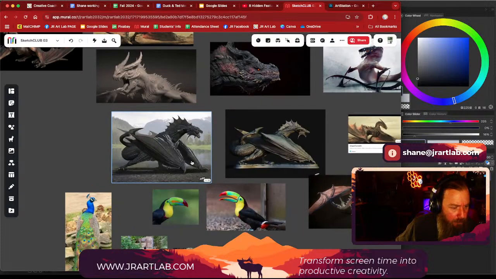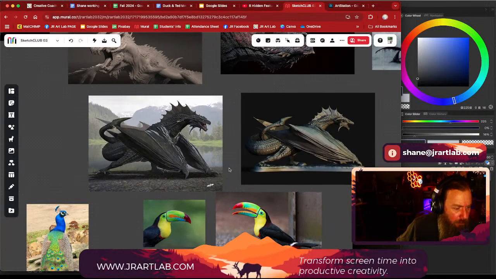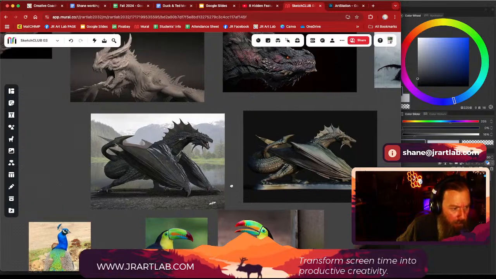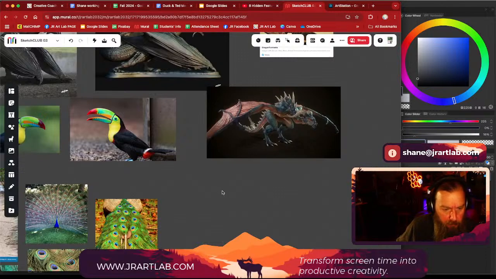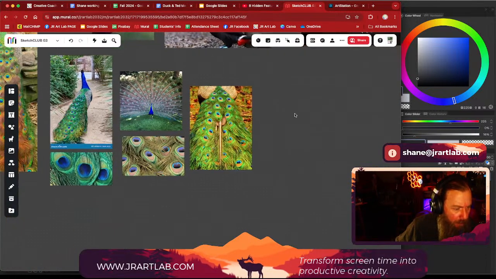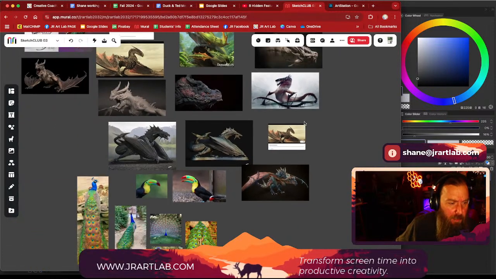This one I got is something very similar to the pose we already have. So I think what we can do is something like that, but maybe have the back end up on a rock, and then fan out some of the tail feathers.